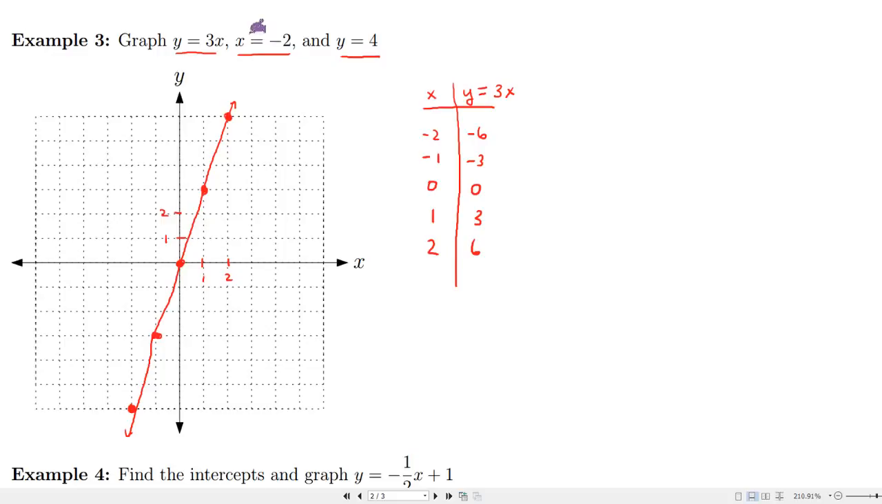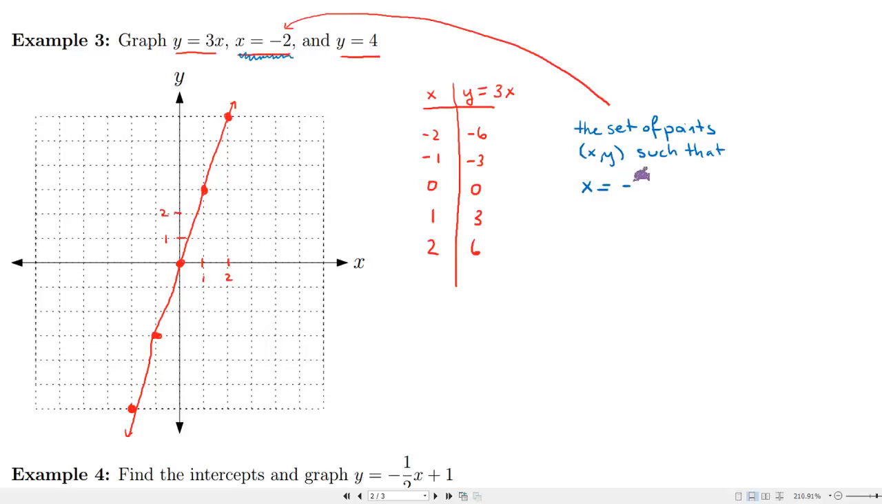But do you see that, if you think about this, let me switch to a different color. Maybe blue. Okay, so this right here is going to be the set of points x, y, such that x is equal to -2, right? And what values are those? Well, you can set up,